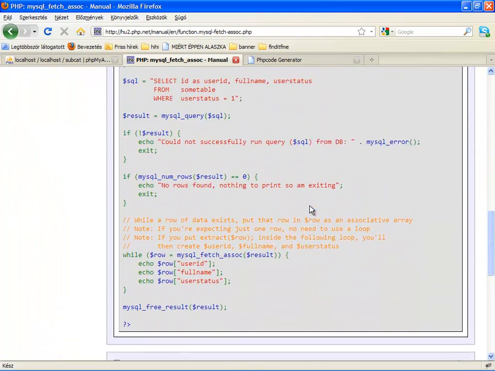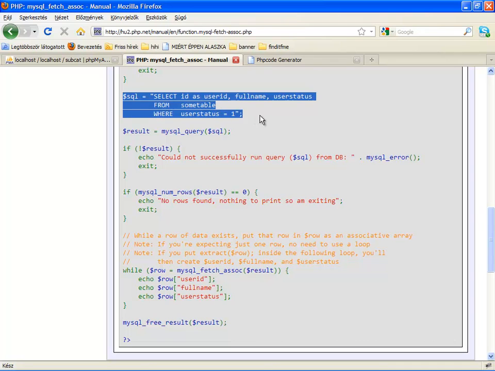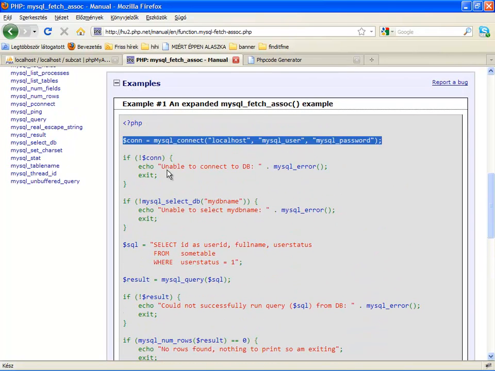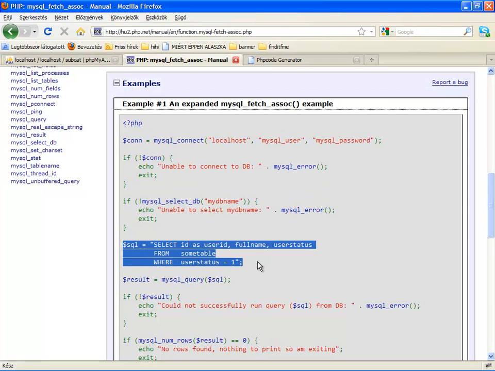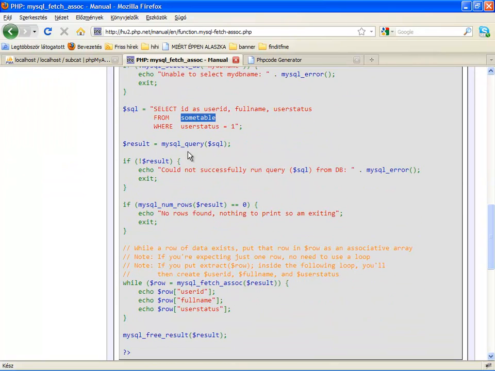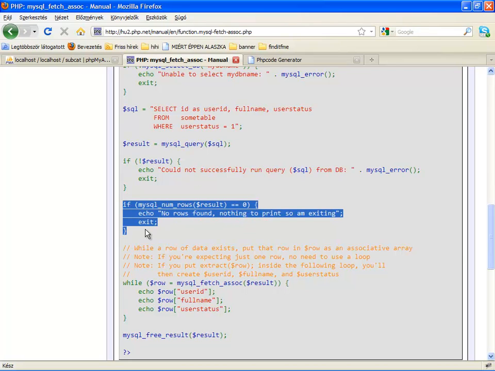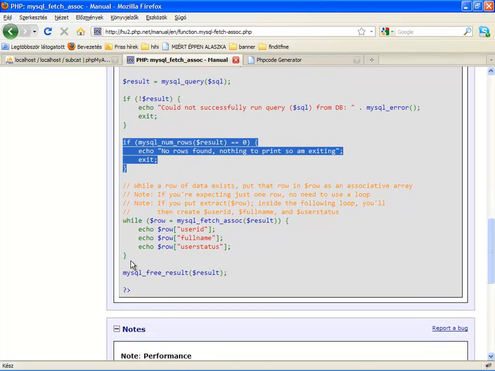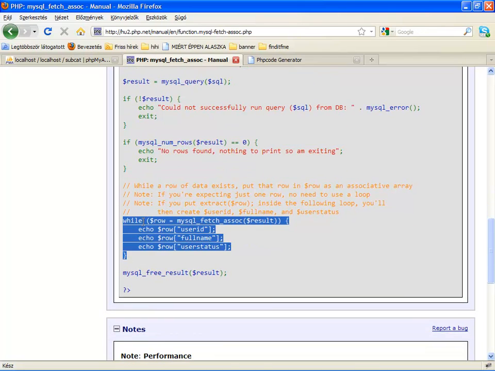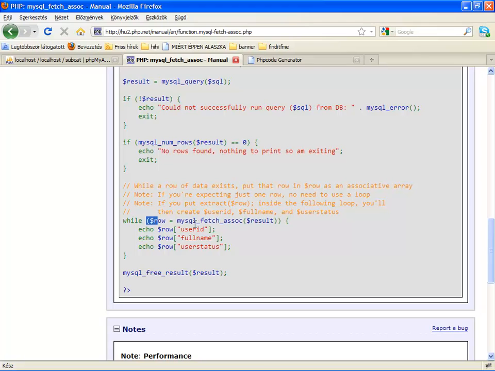This is the basic technique. Open a connection, write an SQL query from a table, run the query. If there is an error, you can handle it here with this technique. If the MySQL num rows is 0, and here is the while cycle, and I'm gonna use $row to fetch the result array resource to get arrays,